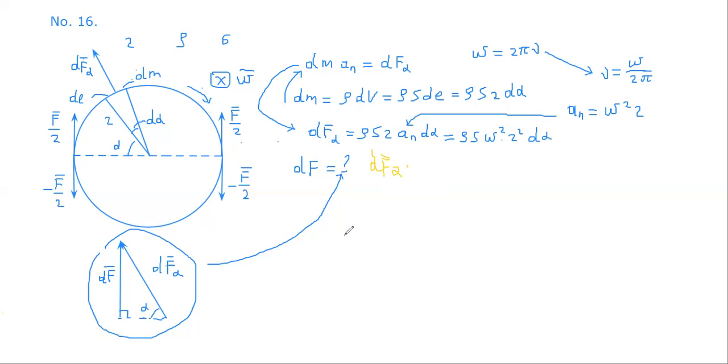dF alpha, yes, but dF alpha without the vector on it. Yes, that's okay. The alpha multiplied by sine of the angle alpha. Yes, that's correct. And according to this, we have